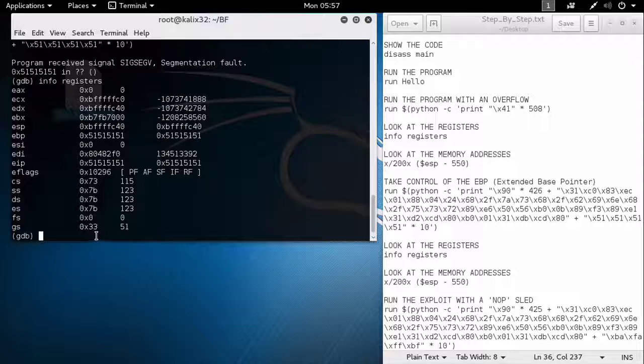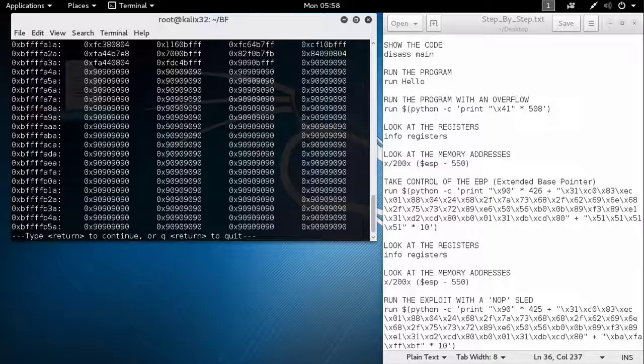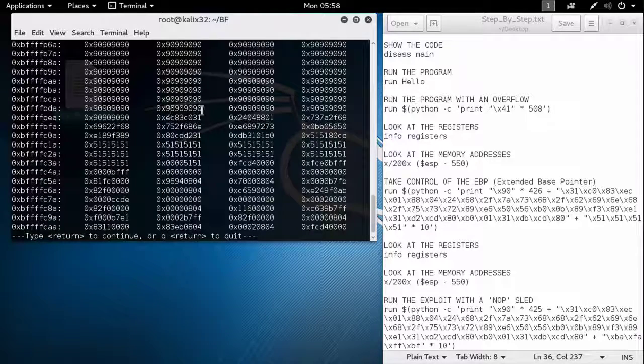So if we look at our memory address, which is that command there, you can see we start writing with 9090 over here, and these are all null characters. And then here is our exploit being written into memory. And then finally here is our EBP and EIP, and this is exactly what we want to achieve here. What we want to do is change these 51s to one of these memory addresses, so that when the program hits the EIP and says, okay, go to this memory address, it'll be looped back into this memory address,